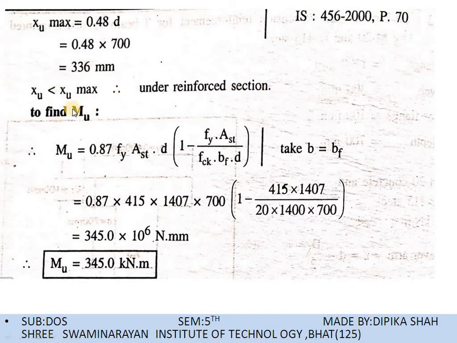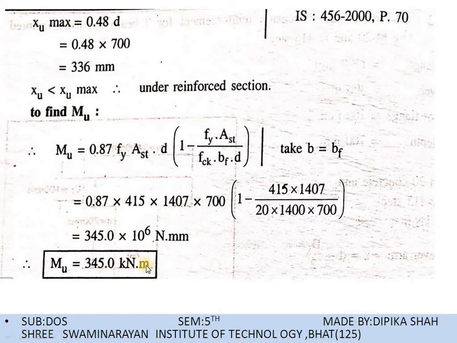Now we have to find out the MU. So for finding the MU in under reinforced section, we have to use this equation. This equation is given in IS 456 page number 96 G 2.1. So equation is MU 0.87 FY AST into D 1 minus FY into AST upon FCK into BF into D. यहाँ पे हमें B is equal to BF लेना है। ठीक है, सो हमारी विड्थ ऑफ द बी क्या है, 1400 है।